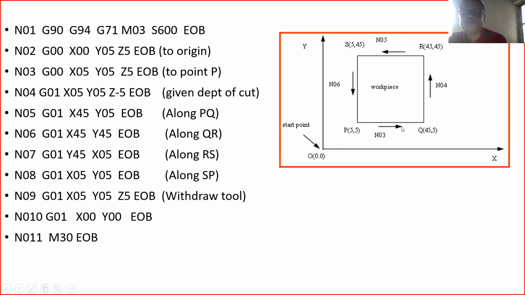After that, G01, X45, Y5. After that, G01, X45, Y45. After that, G01, X5, Y45. After that, G01, X5 and Y5. Then lastly, we withdraw the tool, that is Z5. Then get the tool back to this position. So this is the rectangular milling operation written with the help of G01.